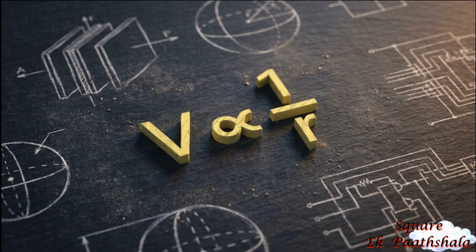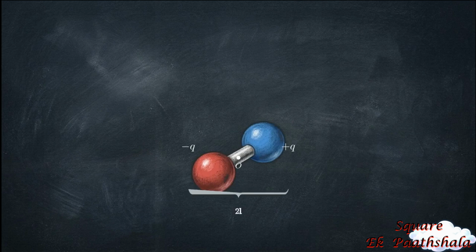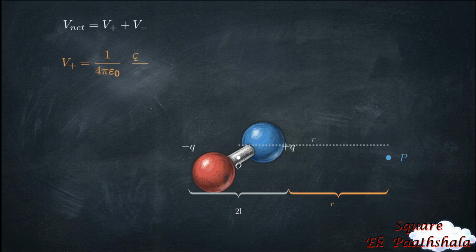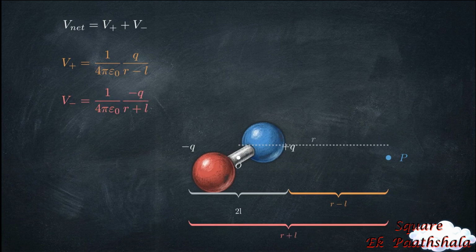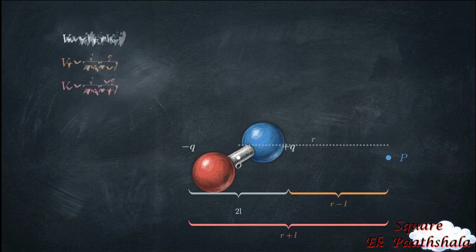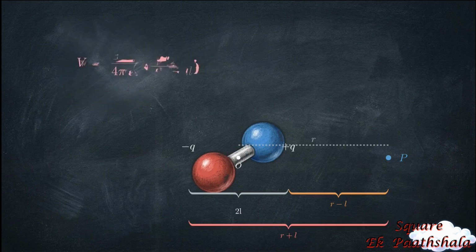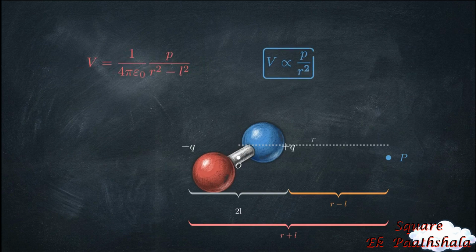build next. Here is an electric dipole, a negative and positive charge separated by a distance of 2L. Our objective is to calculate the net potential at this target point, P, located straight down the axial line. Because potential is a scalar quantity, we do not need to calculate vector components. We simply take the baseline formula for the positive charge and add it algebraically to the negative charge. After finding the common denominator, the distance now drops off much faster, yielding a new relationship of 1 over r